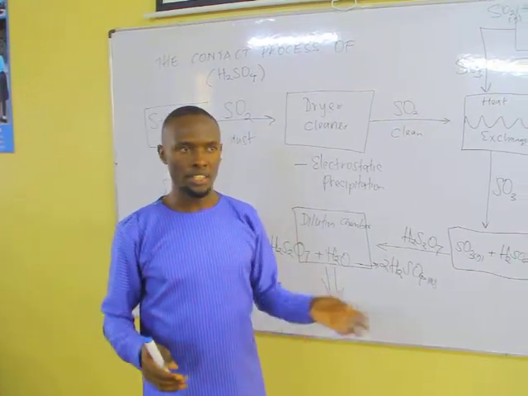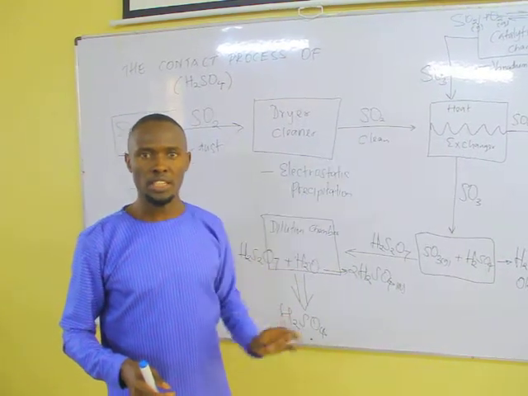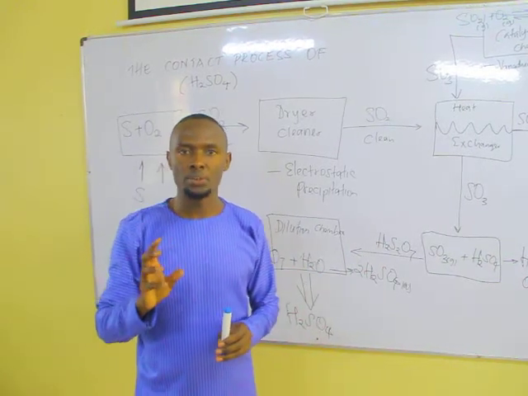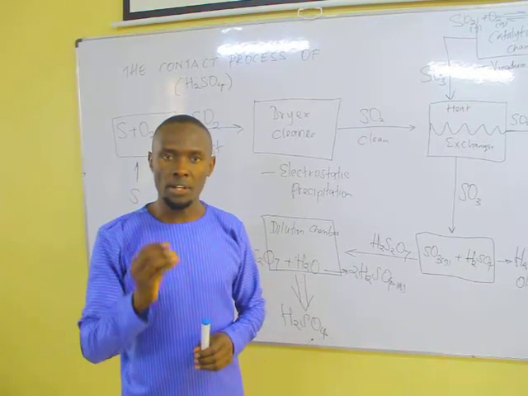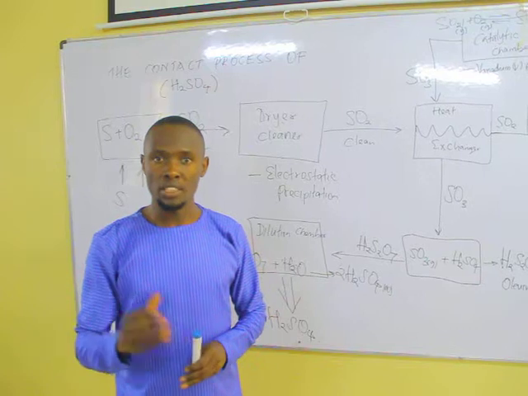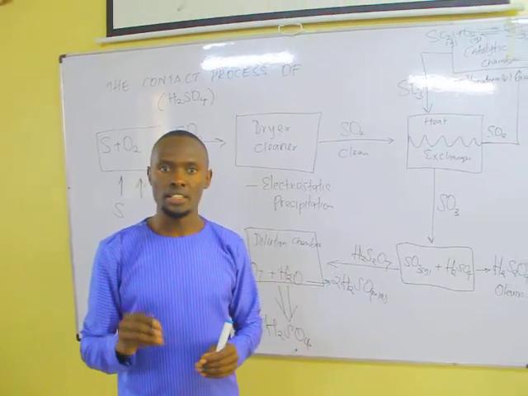Therefore, the chimneys through which this sulfur 4 oxide gas is released to the environment are fitted with what we call acidic scrubbers. The work of these scrubbers is that they are mostly bases, and because sulfur 4 oxide is an acidic gas,